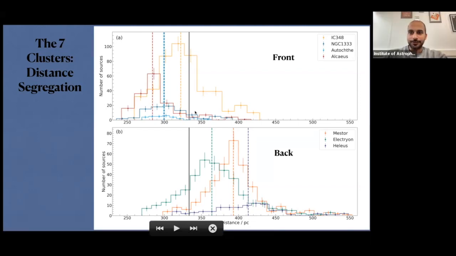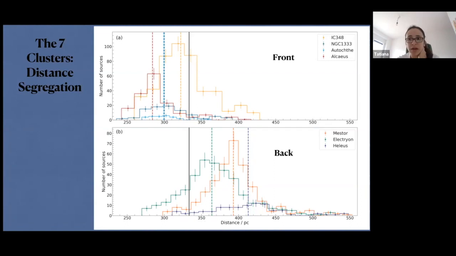Other questions for our speaker? I have a very naive question for you, Tatiana. How much do you think the final Gaia data release will improve on the results? Will it be helpful, or is there any projection? The final, you mean, so Gaia DR3 is already out? Is that the question? No, I'm talking about the future, the very final release.